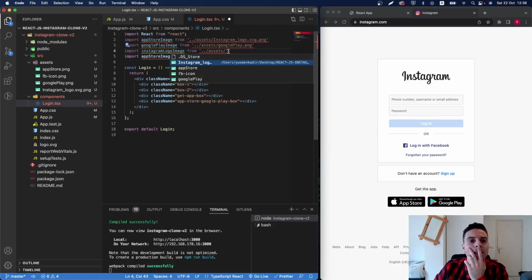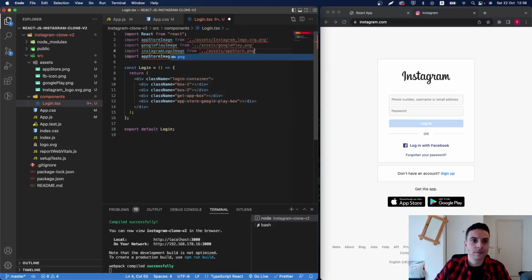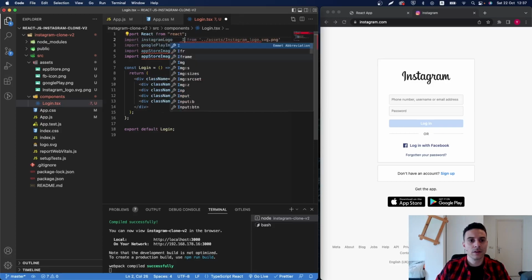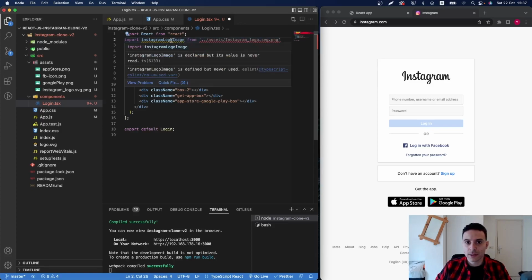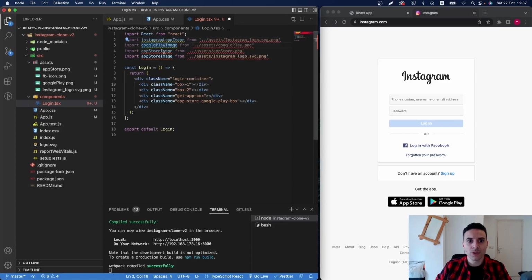Okay, I made a mistake. This should be the App Store. So I will rename that to App Store image, and that will be the Instagram logo image. So Instagram logo image. Okay, so we have the Instagram logo image, we have the Google Play image, we have the App Store